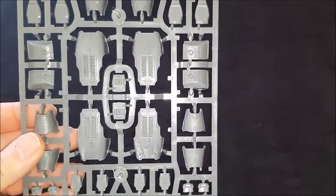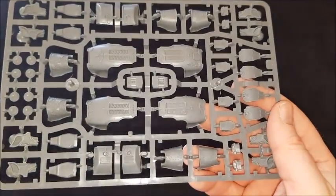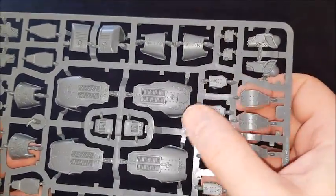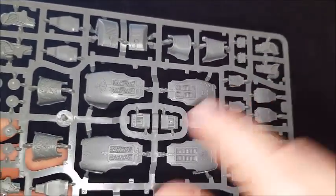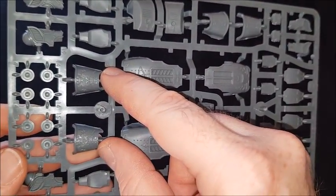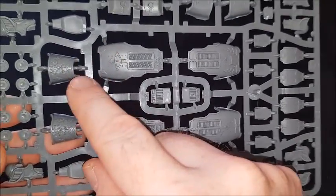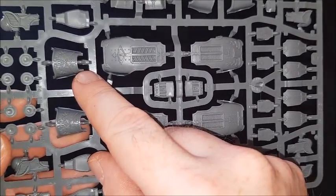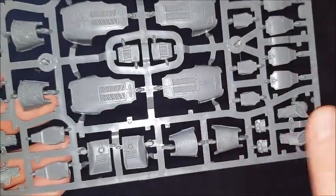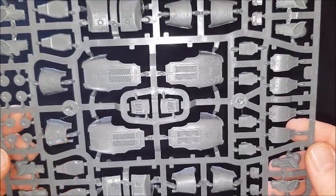So okay, there we go, my mistake. You don't get all of the bits, you couldn't make 2 duplicates. You couldn't have 2 Warhounds with this carapace because you only get 1 Eye of Horus and 1 set of shins. Although saying that, on the version you get from Forge World, I think you get kind of 2 and 2, so you'd sort of offset them, I think. Anyway,